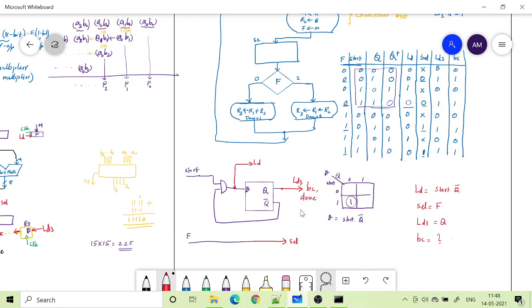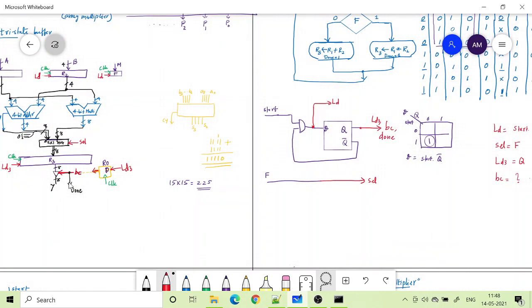Okay, why is the output? Whenever the tri-state, let me show the diagram here. This is the tri-state buffer. There is an 8-bit input to the tri-state buffer that is from the register R3. So if the output is available in register R3, we just enable that tri-state buffer and take the output. Whenever we are enabling, that is our done output also, so that will also be displayed.